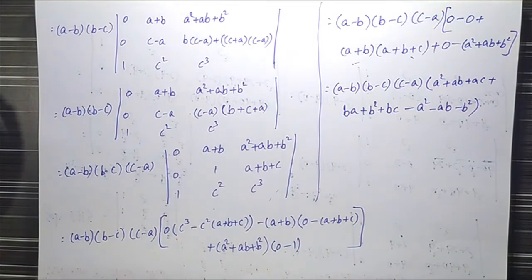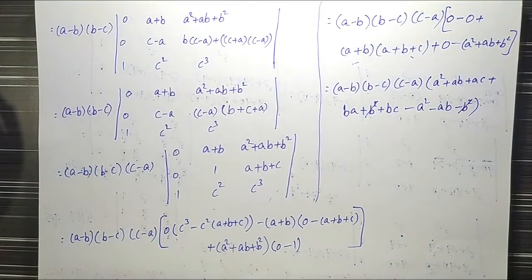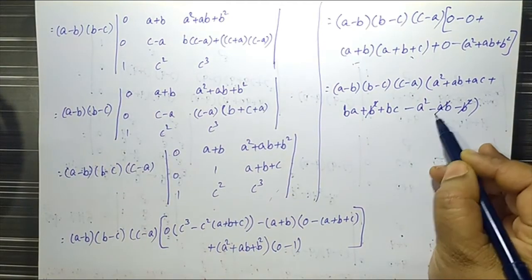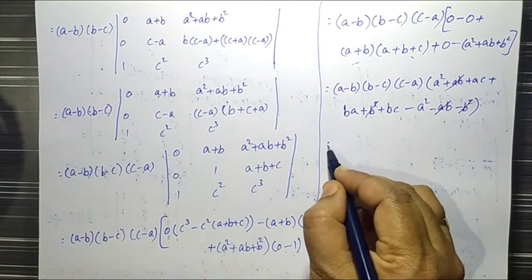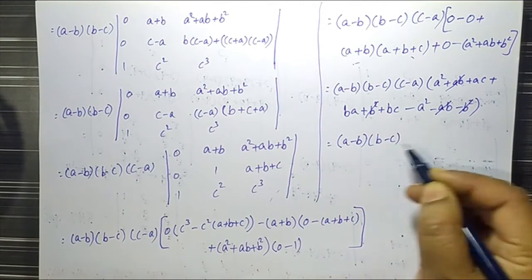This is the value. Here plus b square minus b square get cancelled, and also plus ab minus ab get cancelled. That is equal to a minus b into b minus c into c minus a into